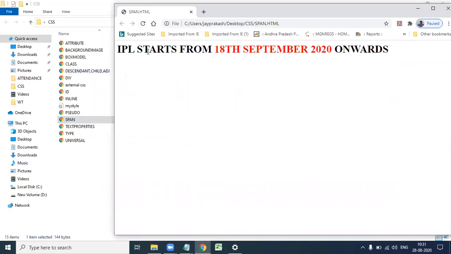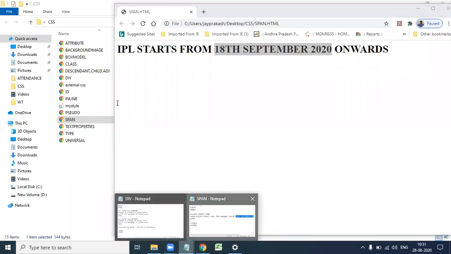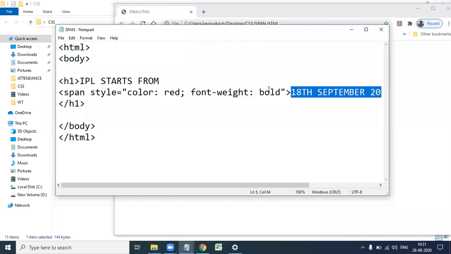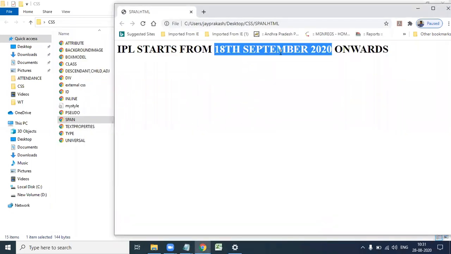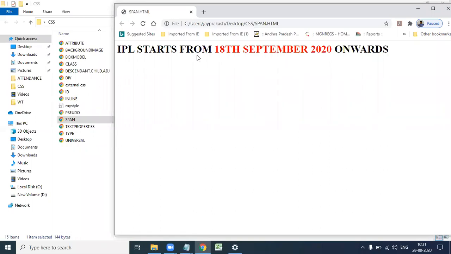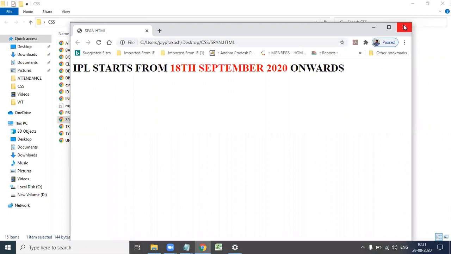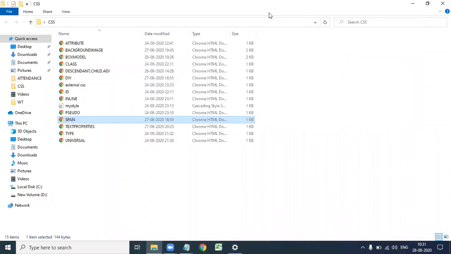So here, IPL starts from, we apply style to only 18 September 2020, that is style color red and font weight bold. So here 18 September 2020 is represented in red color and the font is bold. So this is about the span tag.